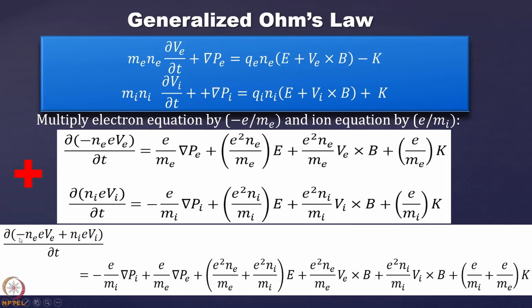This is because the electrons have negative charge. Basically, you are summing N_i e V_i. So e is negative for electrons, that's why this is coming negative and this is positive. This term actually gives you the current density, which would not appear here if we had subtracted these two. So we are forced to add these two, even though we have no clue yet about how we will model this K. But if we want the current density, we need to add these two, and after adding we land up with this equation.